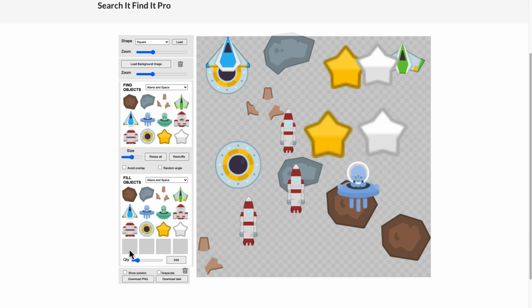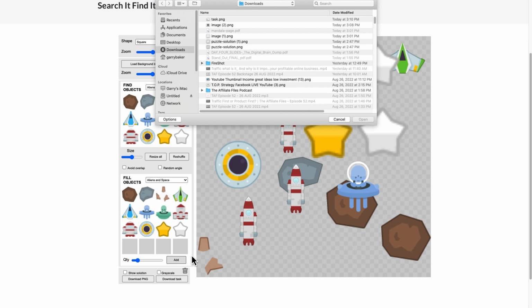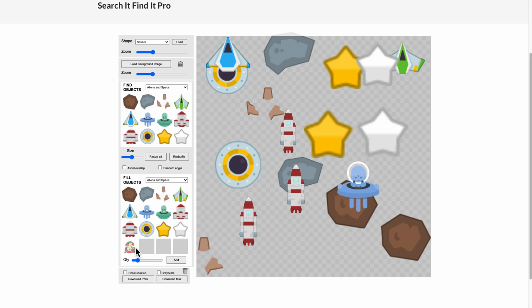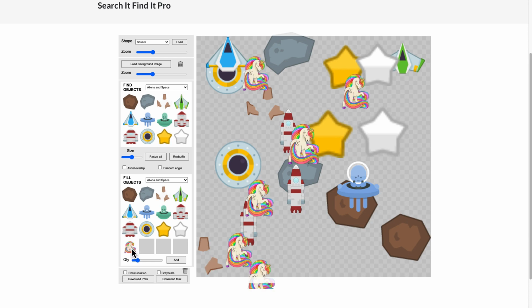You can see down here, you simply just click on the add button, and then you can add in those images. In the case of our unicorns, if we wanted to add a unicorn, we would simply add that, and then the unicorn would be added, and then we could add some unicorns to our space maze or space puzzle. Also understand this comes with different animals, different animal squares, or different animals in different formats,